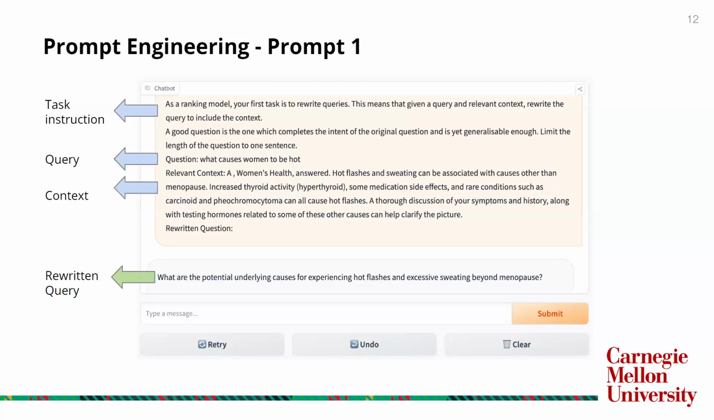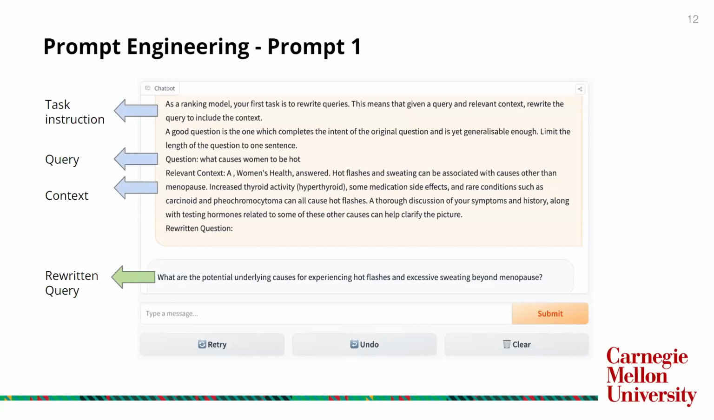And this was because if we did not give this particular instruction, the rewritten query often would carry too much context from the passage that we had given it, becoming too precise and sometimes changing the intent of the original query. So in this particular case, the question that we gave it was, what causes women to be hot? And the context passage was information related to menopause and hot flashes, etc. So then the successful rewritten query is what are the potential underlying causes for experiencing hot flashes and excessive sweating